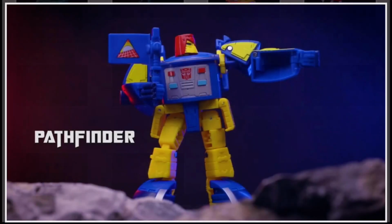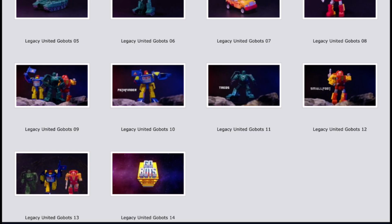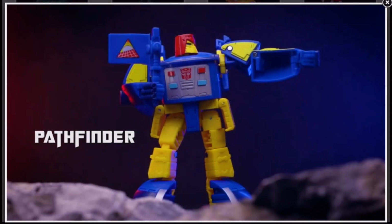But yeah, they're pretty cool. Actually, wait, no, they use the original GoBots logo. It's kind of confusing. I know Hasbro owns the rights to GoBots now, but